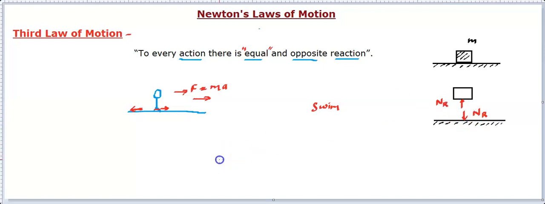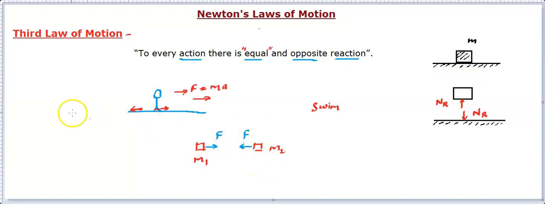It can be for anything, like in gravitation, as you have understood. Let's say there is a mass m1 and a mass m2. You might have gone through this in your previous classes, and we will be learning in detail. In the law of gravitation, you'll find they interact. That means m2 pulls m1 towards its direction, and similarly m1 pulls m2 towards its direction. Now you'll find these forces are equal and opposite, so they are in a pair. For an action-reaction pair to take place, there is no need for the two objects to be in contact. They can give action-reaction whether they are in contact or not.